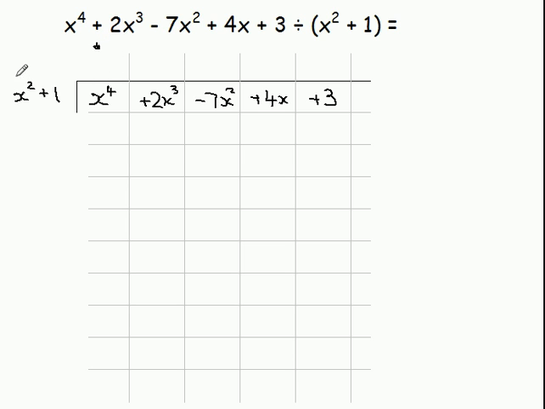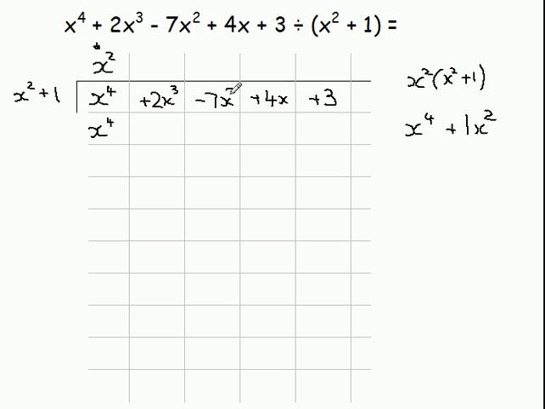times does this part here go into x to the power of 4? And of course I get x squared out of that. Now when I multiply x squared by x squared plus 1, what I get is x to the power of 4 plus 1x squared. Now the x to the power of 4 goes in the column with the x to the power of 4's in it, but I don't put the 1x squared in here because these are x cubed,